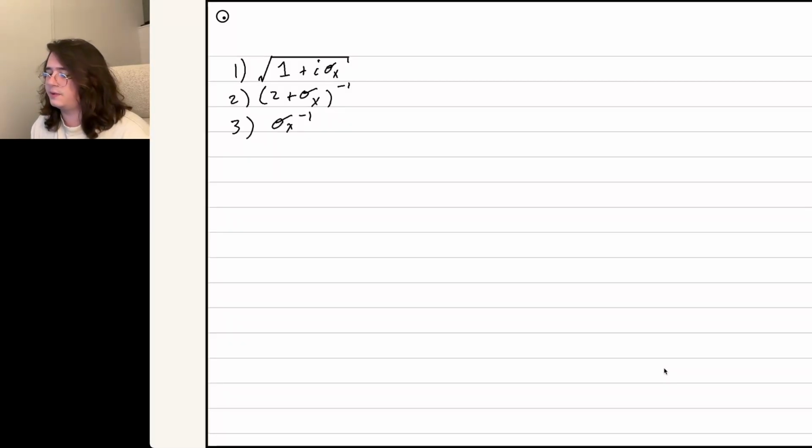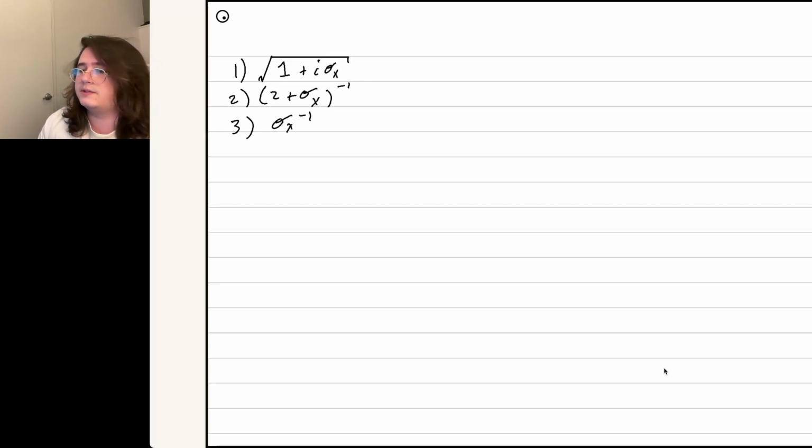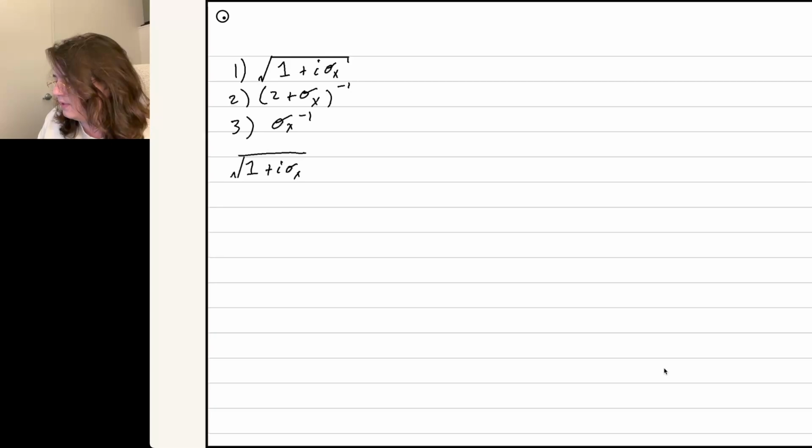Alright, silly people, here's the situation. We have a handful of expressions that are like nonlinear combinations of the identity matrix and the Pauli X matrix. And we need to turn them into linear combinations of the Pauli X matrix and the identity matrix. So for the first one, you see we're doing the square root of 1 plus i sigma x, which, if you put that into matrix form, looks like